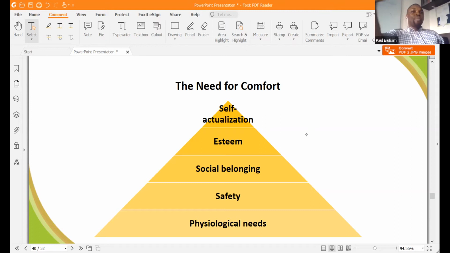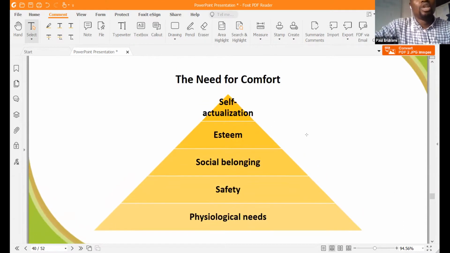We discover that social belonging, esteem, and self-actualization are factors that, as a facility professional, I have no control over. There's nothing I can do. Social belonging, I don't control that. Esteem, there's nothing I can do about esteem. Individuals have to control their esteem. Self-actualization, as the name implies, is self, something that is individual. But physiological needs and safety are key factors for a facility manager to focus on, because those are two points where you can easily have a stronger impact on your facility needs. So moving forward,